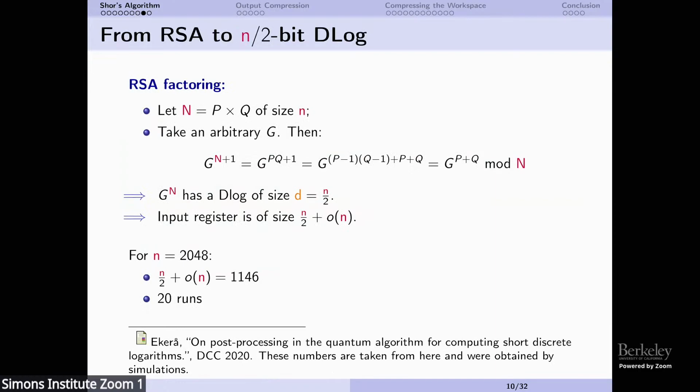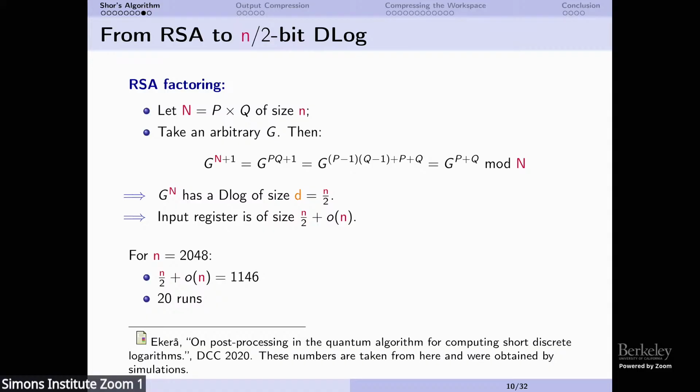The other thing we need, since we wanted to talk about factoring, is to reduce factoring to a discrete log instance. That might be a bit weird, but this is simply because we're going through this Ekerå-Håstad algorithm. And it turns out that when you want to factor the interesting integers, which are, of course, RSA keys, you can reduce this to a discrete log where the discrete log has size little n over 2. So imagine your RSA key is of size 2048 bits. The discrete log instance will be a discrete log of size 1024.